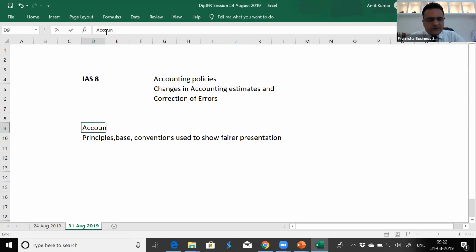What is the need for estimates? Why do we need to estimate something when we do not know the amount? What difference does it make to the fairer presentation aspect of financial statements? Estimates. Where do we estimate? We have estimates for bad debts.